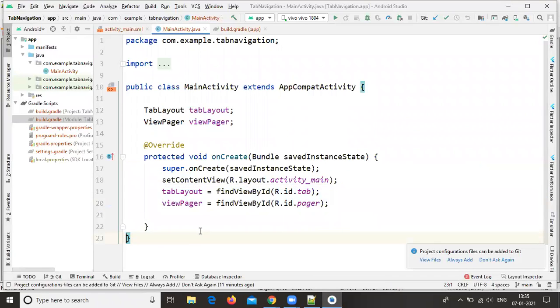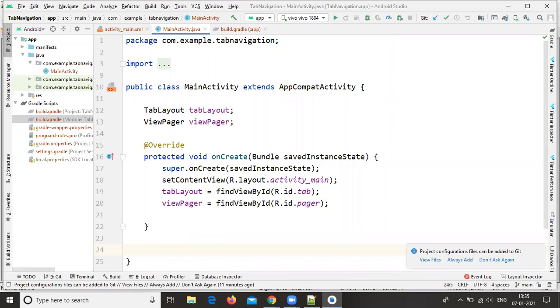Here we can create the adapter classes in two different manners. The first one is to create an inner class, and the other is to create a separate Java file. In tomorrow's session I will create the separate Java file, and in today's session I will complete this adapter class inside the Java class only. That means to create the inner class.